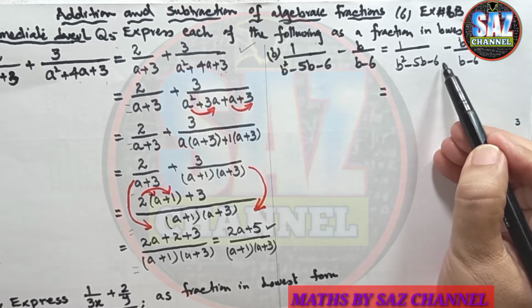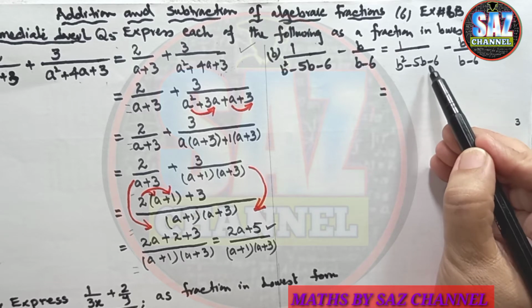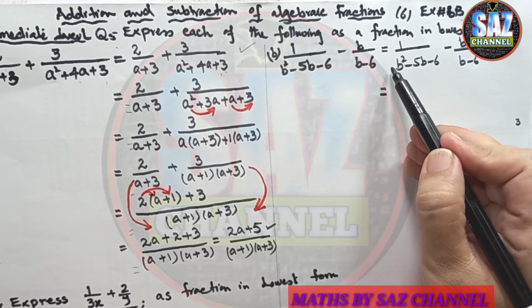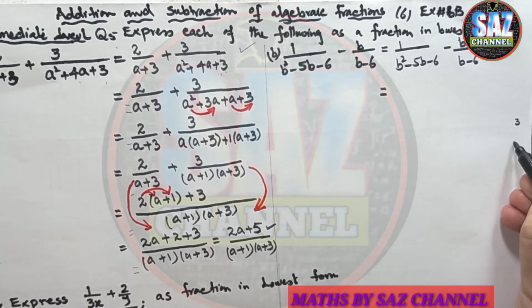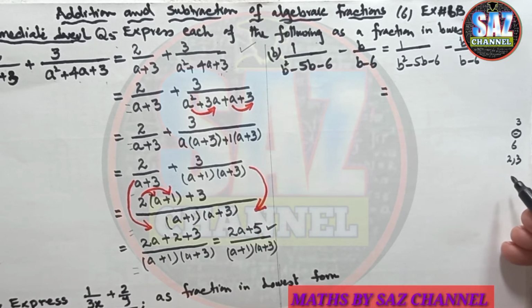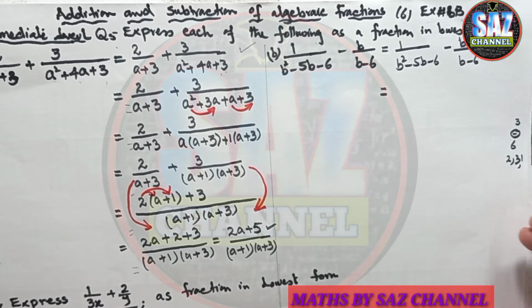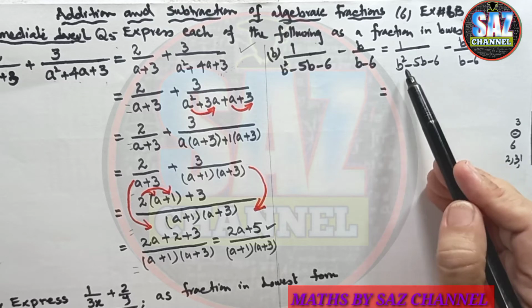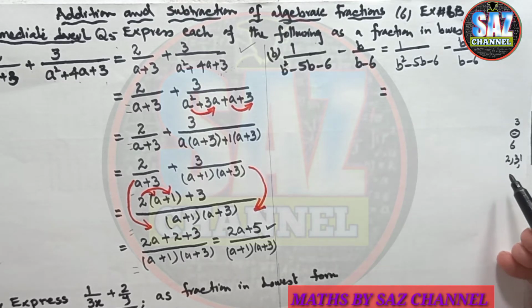What I have to do is multiply the constant, which is minus 6, with the coefficient of the term having power 2. That will give me 6 with a minus sign, and then I have to find the factors of 6. Factors of 6 are 2 and 3. I have to set the factors in such a way that when I'm adding or subtracting, I get the middle term, which is minus 5, and when I'm multiplying, I get the product term, which is minus 6.